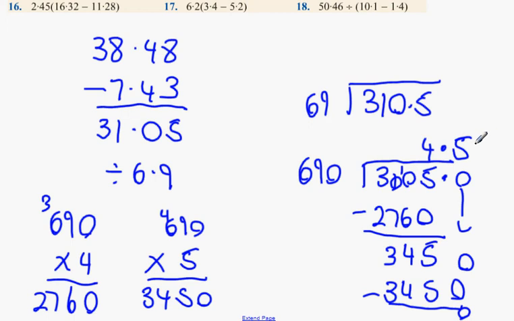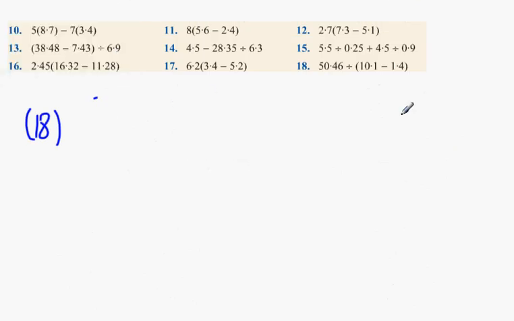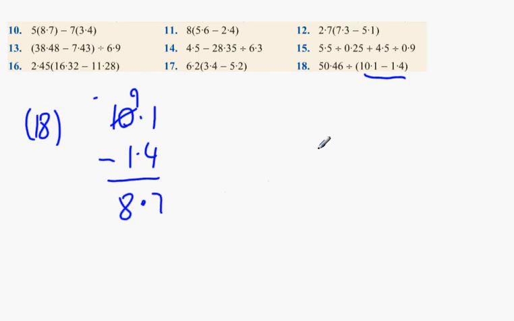Does anybody want to see another one done? Yeah. Okay. Now with number 18, what we're doing is we've got to do the bracket first. So we're going to do 10.1 minus 1.4, which is 9.7. 7. Borrow the 1. So that turns into 9. 8.7. Okay. Now what we have is 50.46 divided by 8.7. Now we're going to multiply them both by 10, and we get 87 into